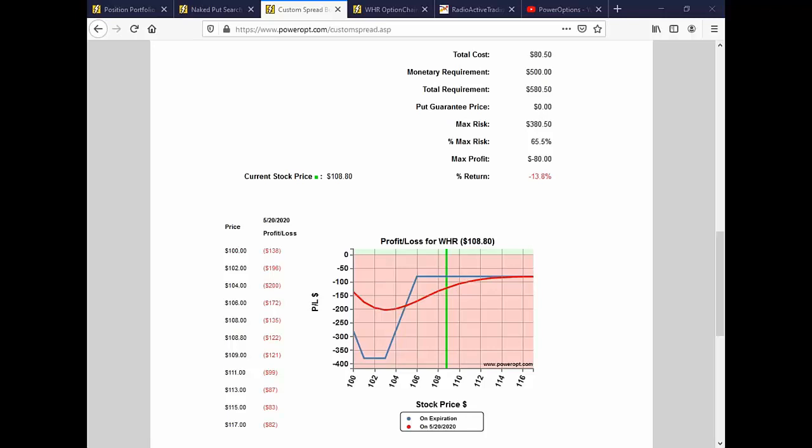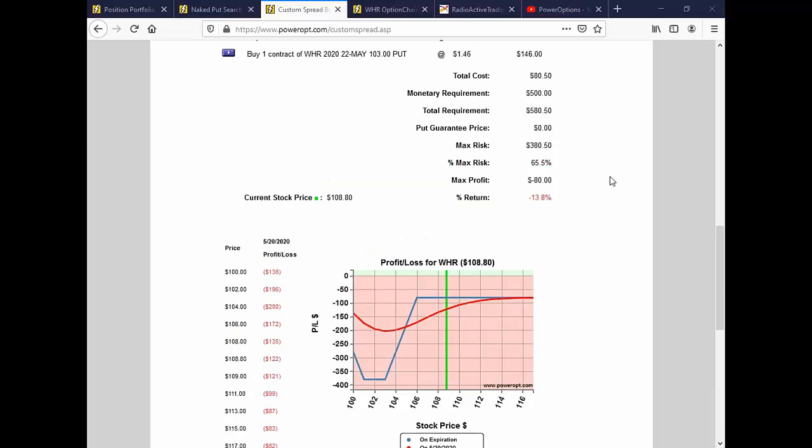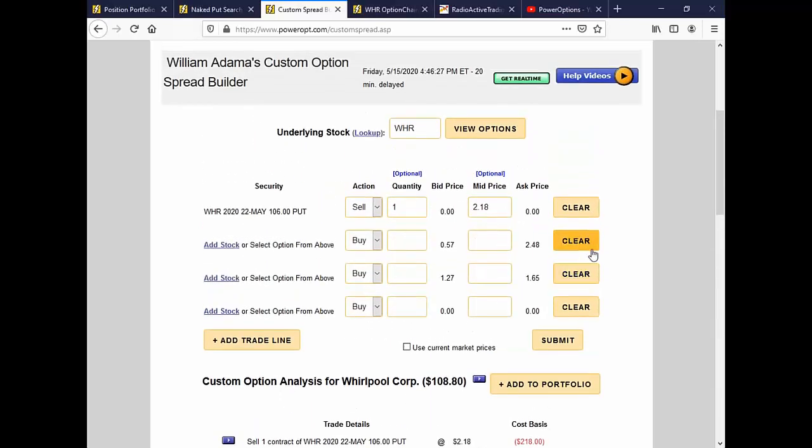Okay, William offers a counterpoint. It's not a counterpoint, but it's a thought on this. And okay, here we go. He says, for the Whirlpool position, to make it delta neutral, you could sell to open 2 call credit spreads, to reduce the margin